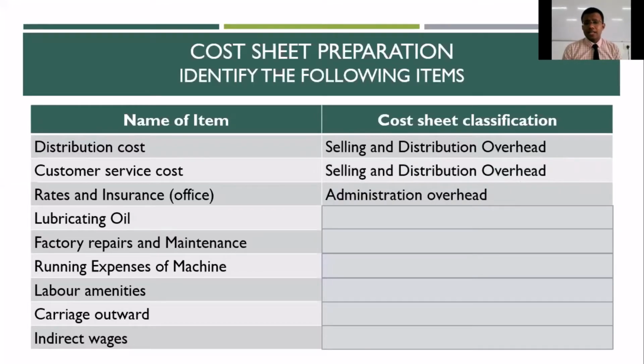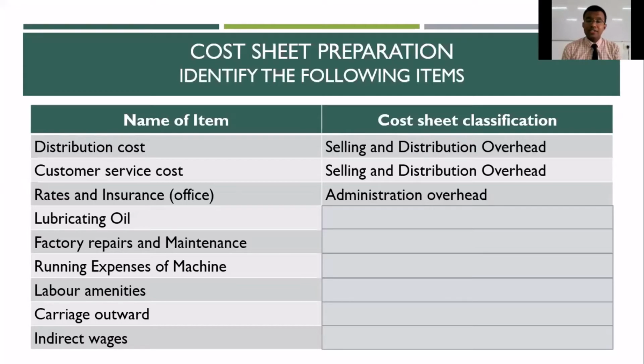Now, insurance. In certain cases, it's mandatory for you to take insurance, and you may have to pay premium for this. The money that you pay as premium is a part of your administration overhead. Lubricating oil, this is basically a consumable that you're using as a part of your production process. At your factory, you may have to lubricate your machinery, you may have to lubricate your engines, you have to make sure that they are in smooth condition, running position, etc.